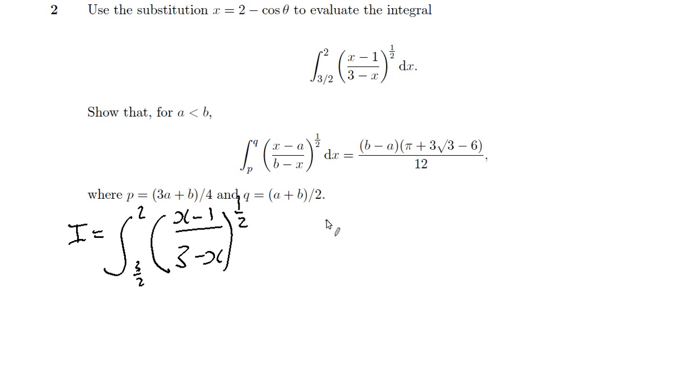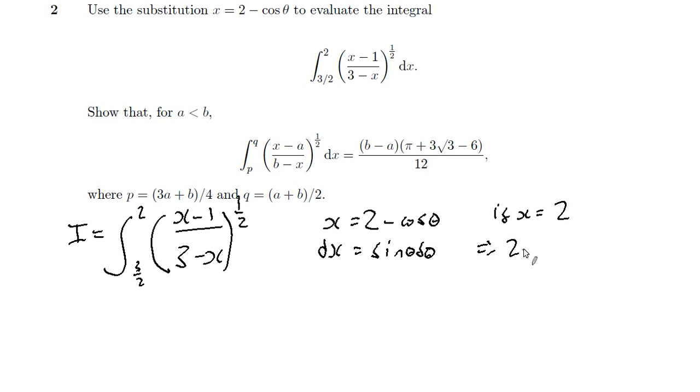Right, well let's just let x equal 2 minus cos theta, as it suggests. And let's say dx equals sine theta d theta, I believe. Oh yes. And then, if x equals 2,